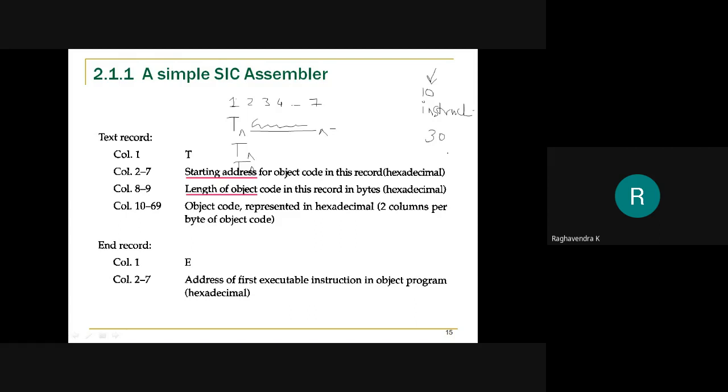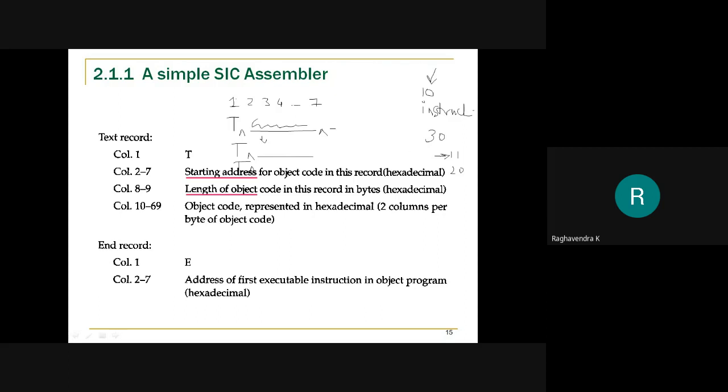The next text record will contain instructions from 11 to 20, so the address of the 11th instruction will be specified in the second text record's second field. That is the starting address for the object code in this particular record.